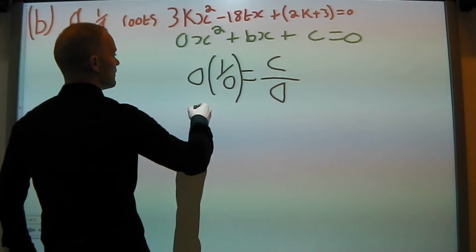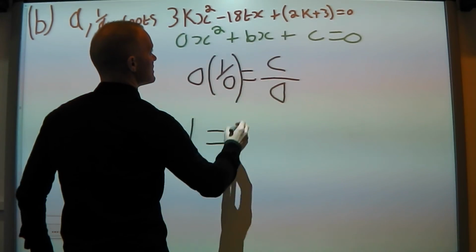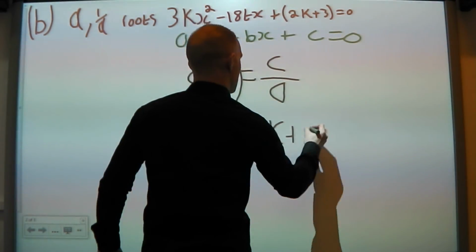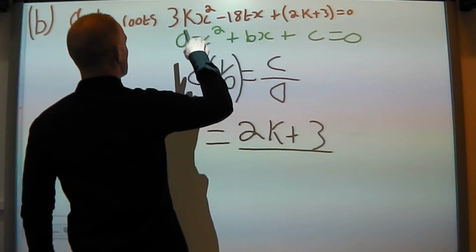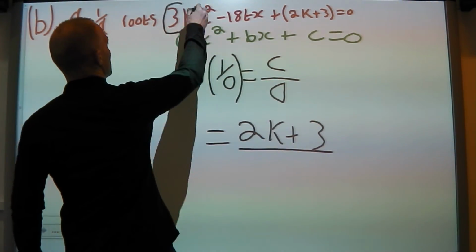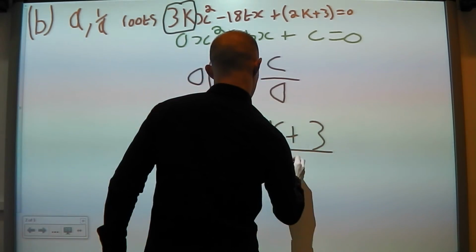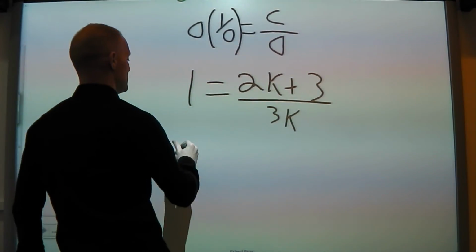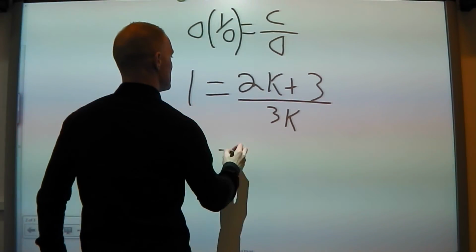So alpha times 1 over alpha, that is equal to 1, is equal to c over a. C is equal to 2k plus 3. A is equal to this term here, A is equal to 3k. So if we want to multiply both sides of the equation here by 3k, that means 3k is equal to 2k plus